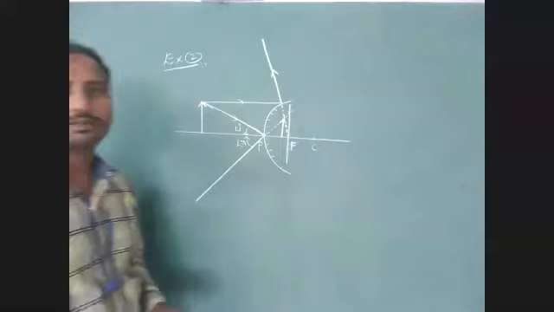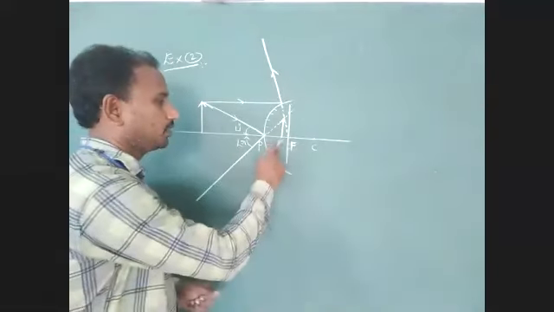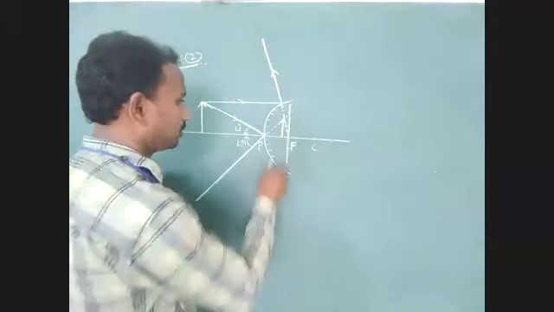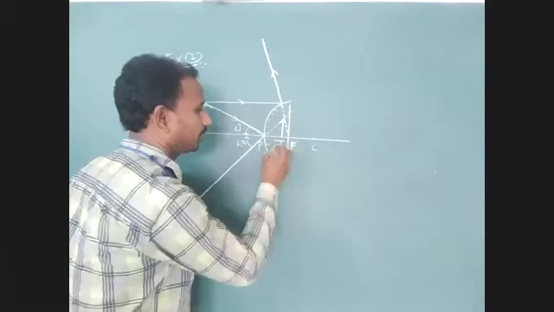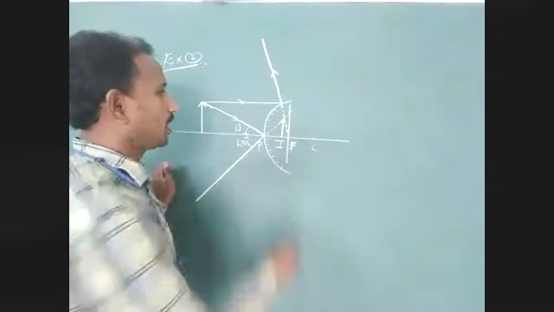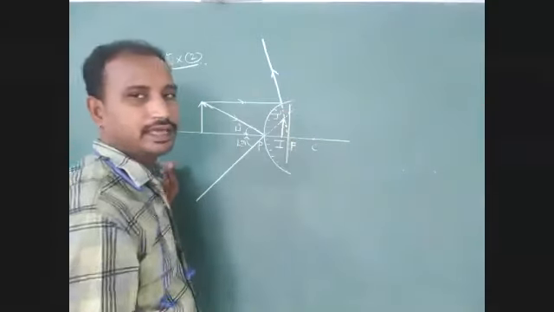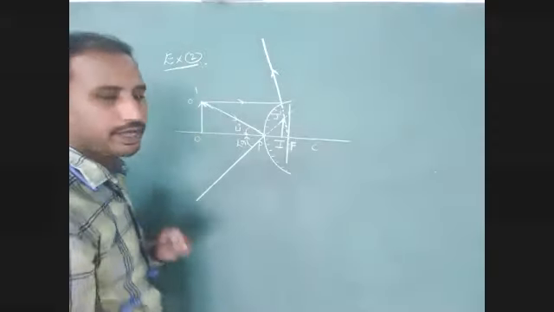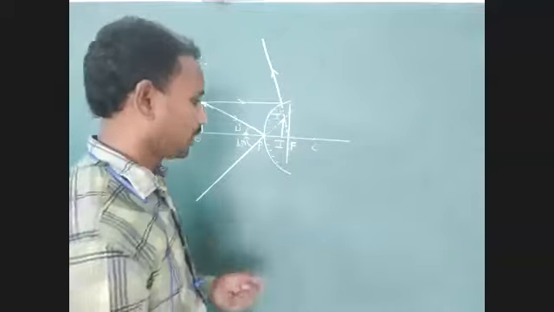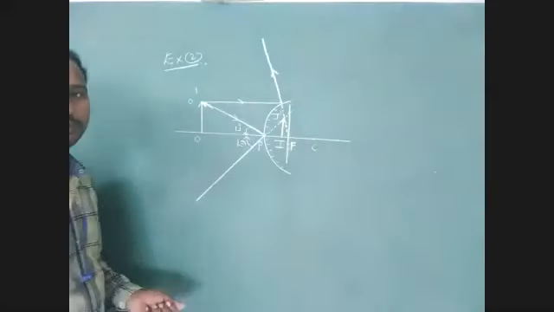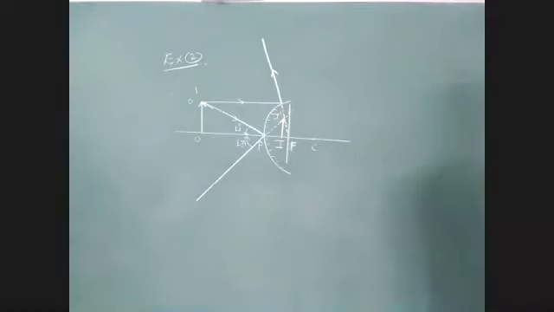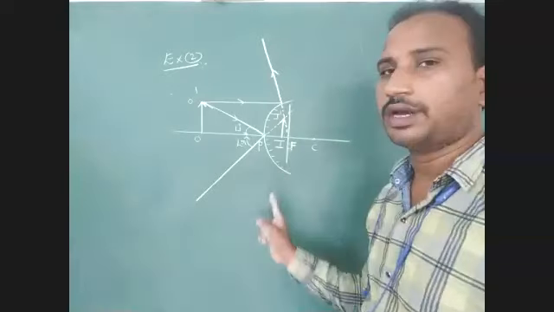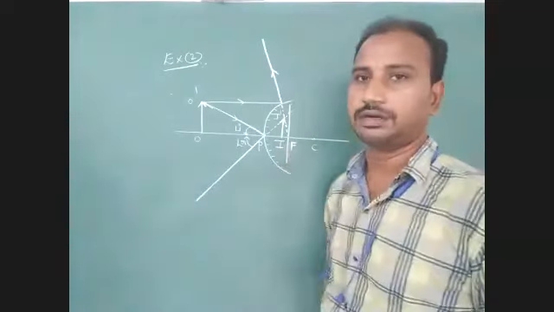Image formation point. Understood? Here the image is formed between the pole and principal focus. So we have to identify the image formation point I dash. I dash is the image height, and O dash is the object height. Now identify the image formation point. Where is it? The image is formed inside the convex mirror, so we can consider the image formation point to be between the pole and principal focus.